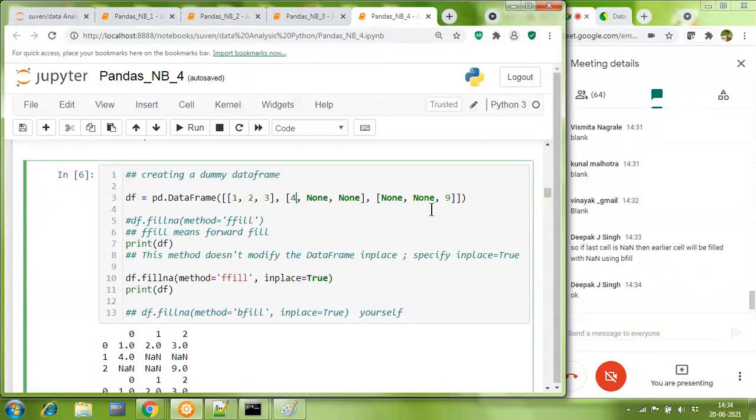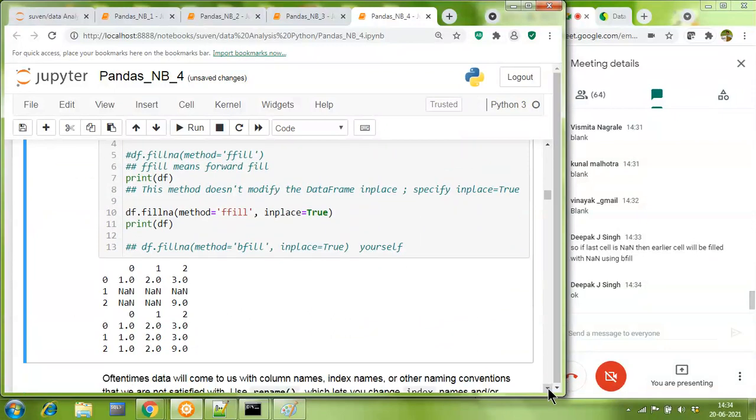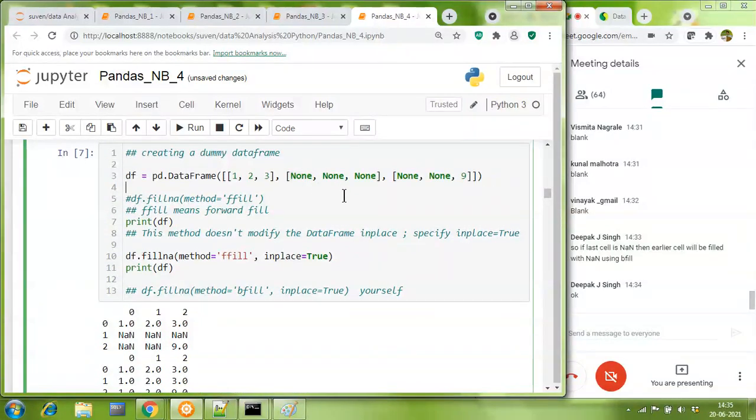Right. So you can try this example here right away by keeping the very first value as none. See what happened. Something happened, you can check it and let me know. Oh, what happened? I get the value as none.